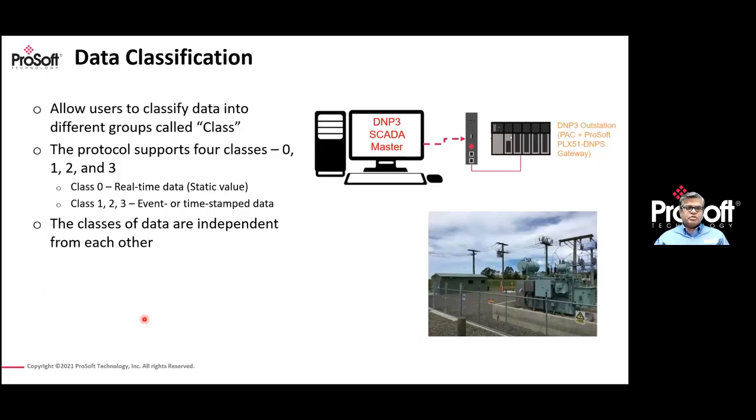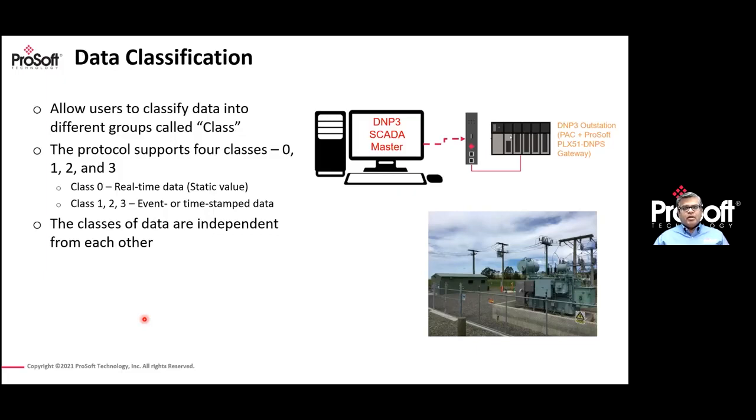You take a substation today, a gas distribution and offtake station, or a major pump station. These are quite complex pieces of automation that manage these systems, and there is a lot of data that comes out of them: real-time operational data, diagnostic data, historical data. Without this classification process, you would be forced to bring all of this data back to the top end all the time. Again, that does not help with efficiency, because now you're clogging your bandwidth, bringing back what could be a normal event that you still want to know about, but you don't need to know about